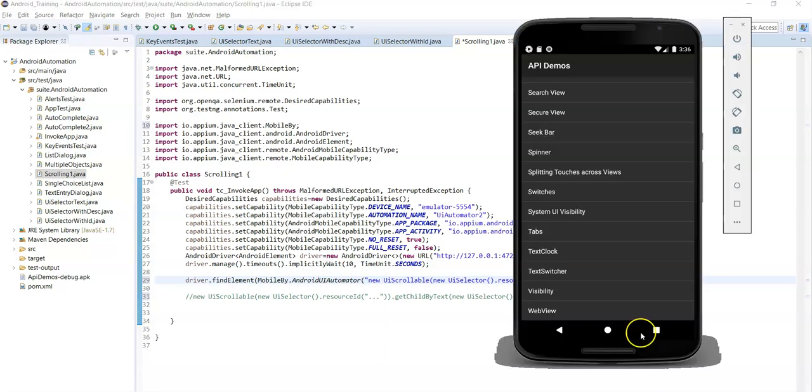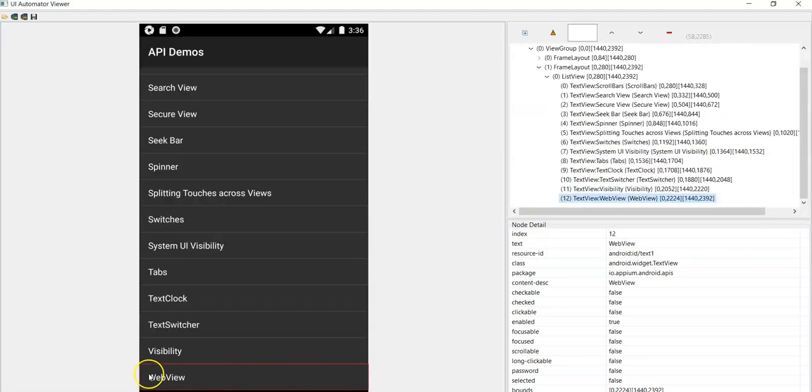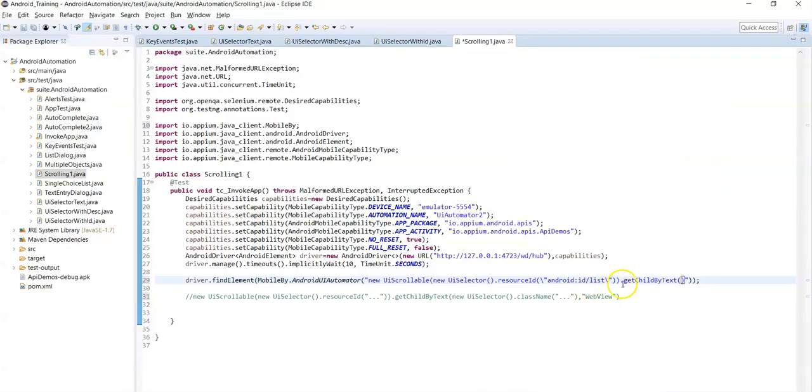Now let's identify the locator of web view. Click on the device screenshot icon again and then click on web view. Here the class name is android.widget.TextView. So it is a text view, right? Copy this class name and place it here. New UI selector dot class name, and place the class name here.